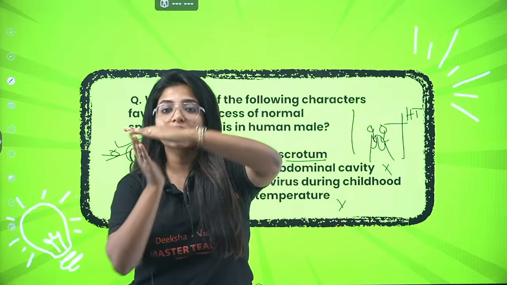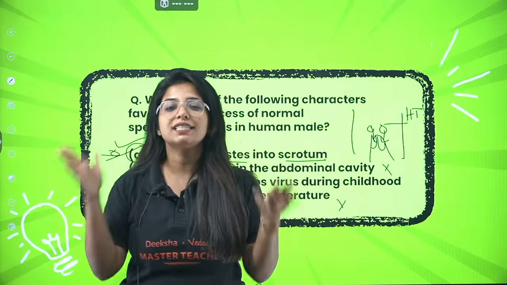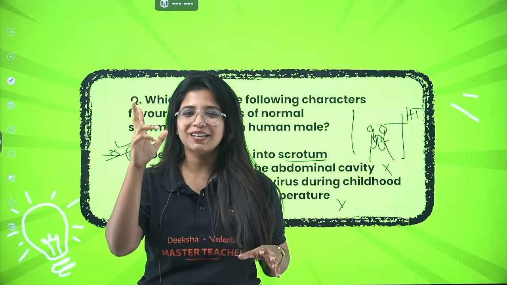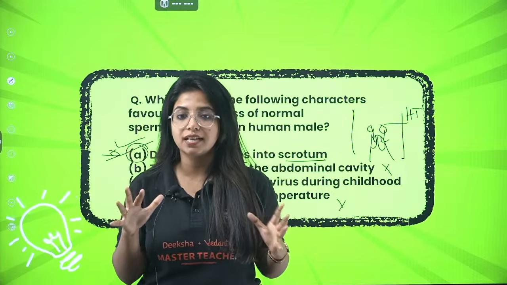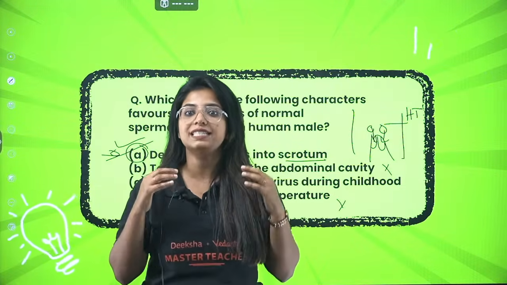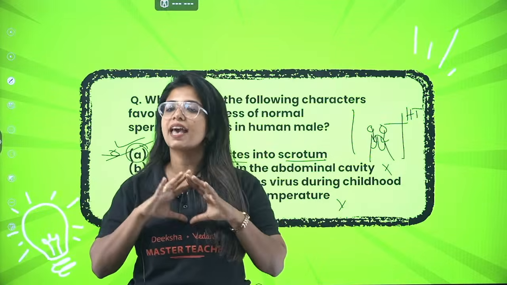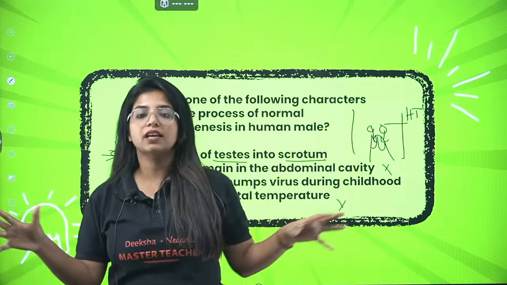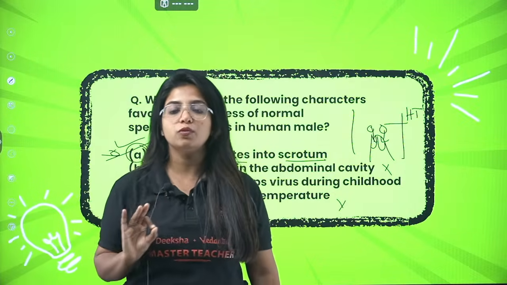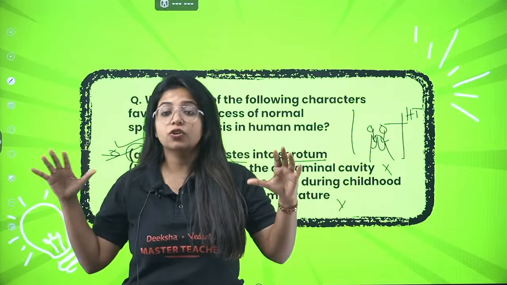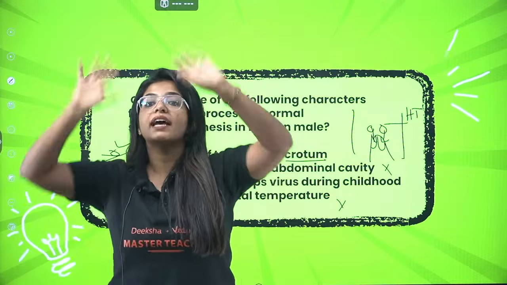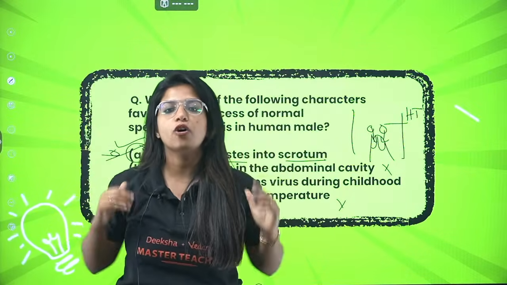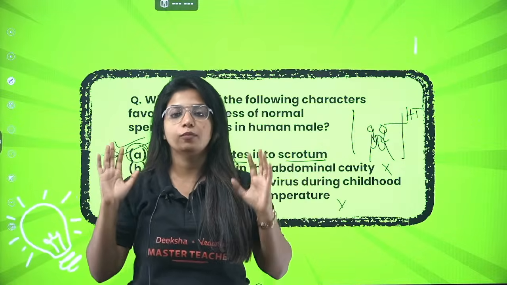Now in between two seminiferous tubules there is some space. What do you call the space? Interstitial space. In this space you have a few things. One is Leydig cells or interstitial cells. What do these cells do? They form the male sex hormones, altogether known as androgens. This is not the name of a hormone; all together they are known as androgens. Under that, the major hormone is testosterone. This testosterone, which is made in between, is sent inside the seminiferous tubules. Why? Because the spermatogonia forming the sperm will need this particular hormone for the process of formation of the sperm.